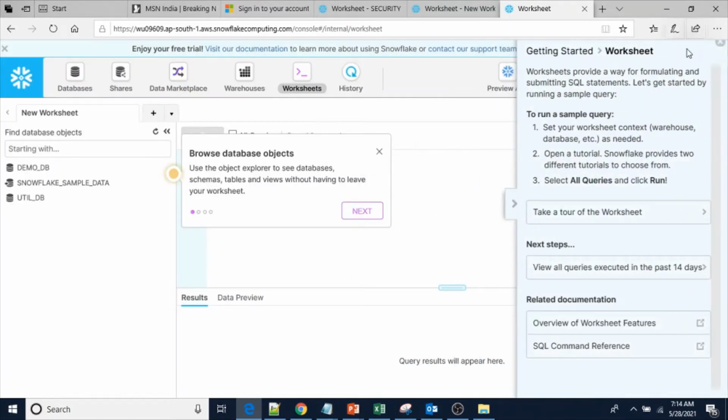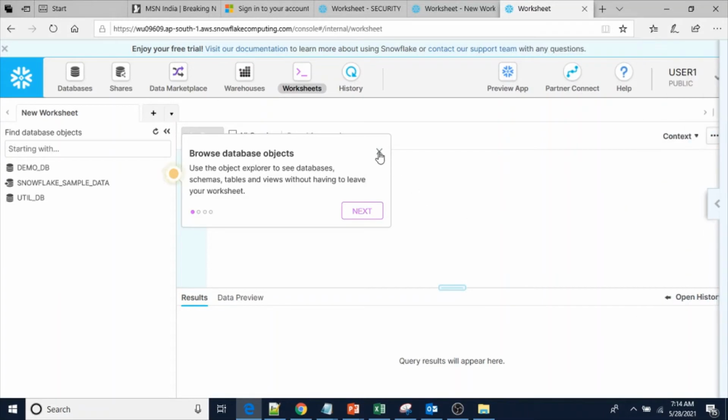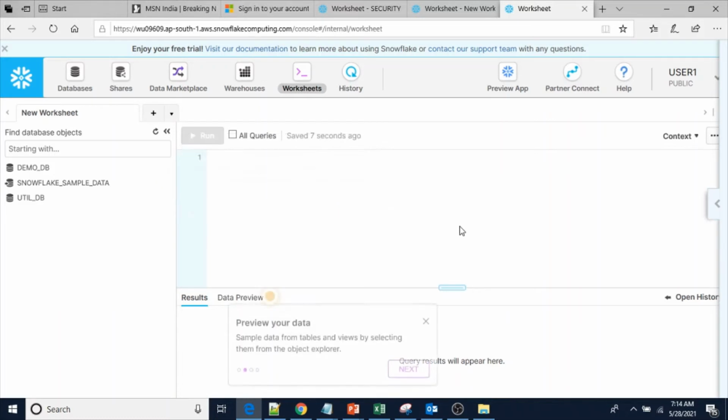Minimize this one. These are the instructions. The very first time you log in, you will see this. After that you cannot see it.